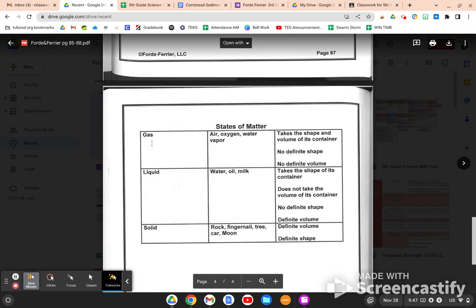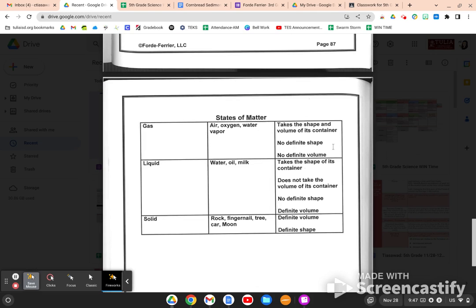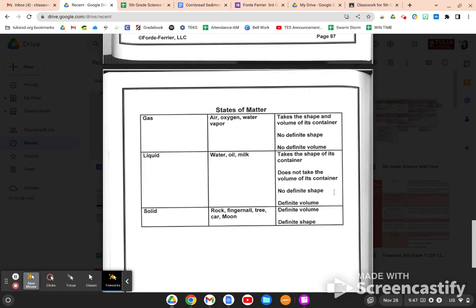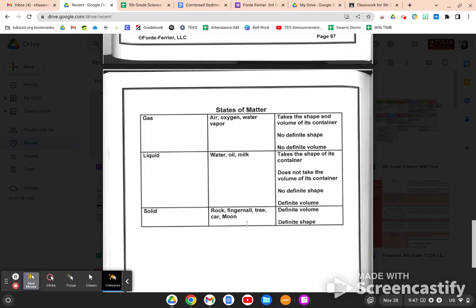States of matter. So we have gas: air, oxygen, water vapor. Takes the shape and volume of its container. No definite shape, no definite volume. A liquid: some examples are water, oil, and milk. Takes the shape of its container. Does not take the volume of its container. Has a definite volume, excuse me. And then solid: rock, fingernail, tree,